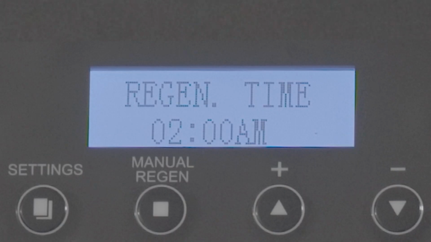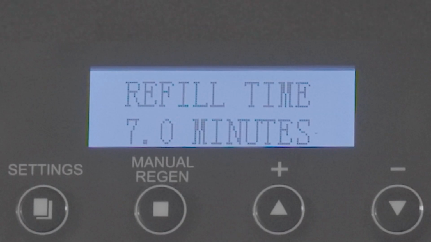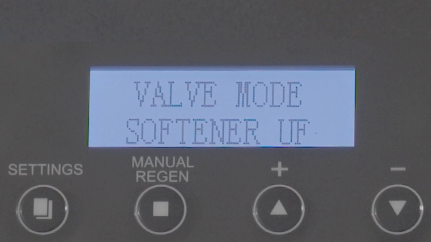This shows the current setting for the regeneration time. Typically for a softener, it is factory set at 2 a.m. This shows the amount of time that the system will be placing water back into the brine tank during its regeneration process. You will see this screen appear if you have a softener that utilizes the upflow brining process, followed